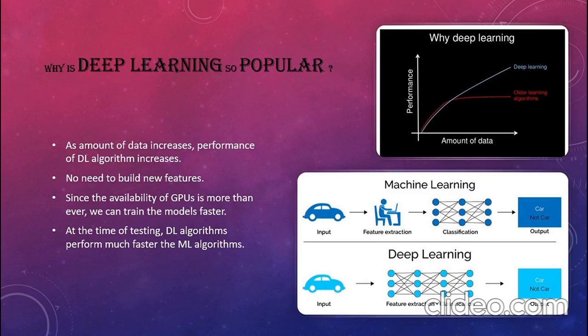Unlike machine learning models, there is no need to build new features and algorithms because deep learning directly identifies features from the data. Deep learning techniques tend to solve the problem end to end, whereas machine learning techniques need the problem statements to be broken down into different parts to be solved first and then their results to be combined at the final stage. During test times, deep learning algorithms take much less time to run as compared to machine learning models. All these points tell us that choosing deep learning over machine learning for complex problems is a fair choice.